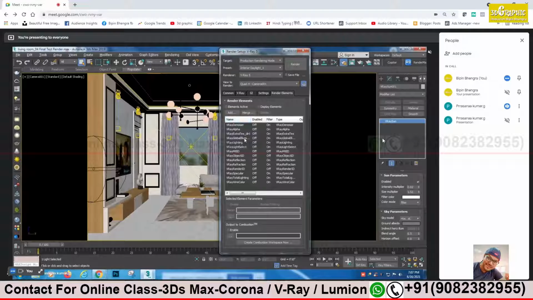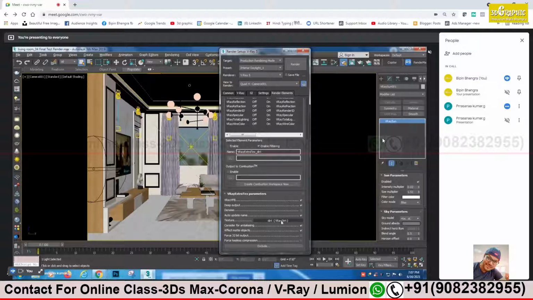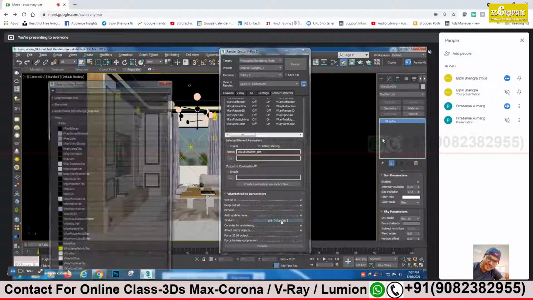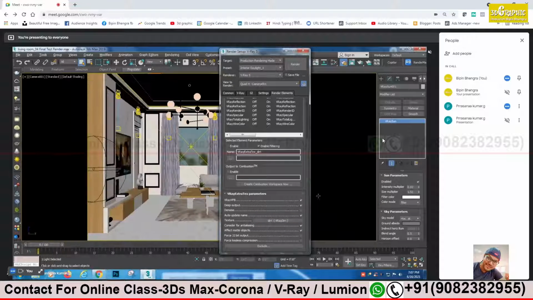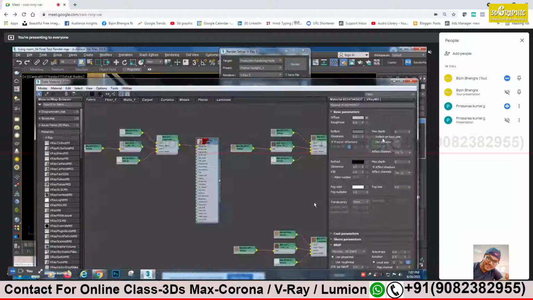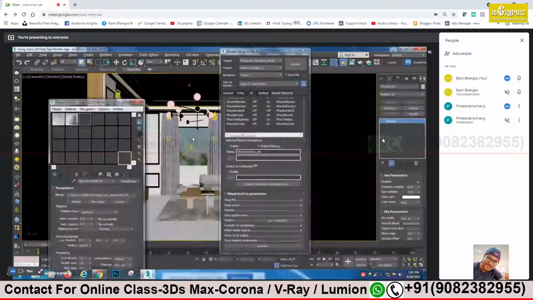Now I will add the values for this. I'll take the render IDs. Go to extra texture, click on the extra texture, the third one, yes. There, just go down, you see it's there, no? The V-Ray dirt map is applied. Okay, sir. I will cross-check with the material also. One second.